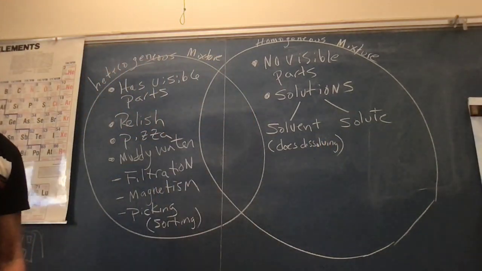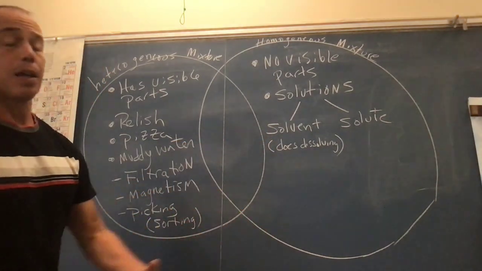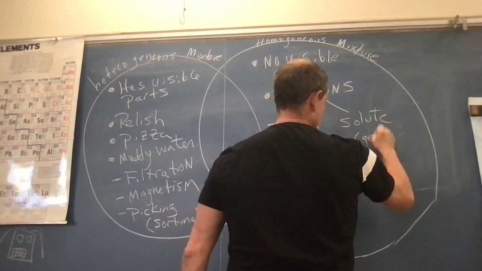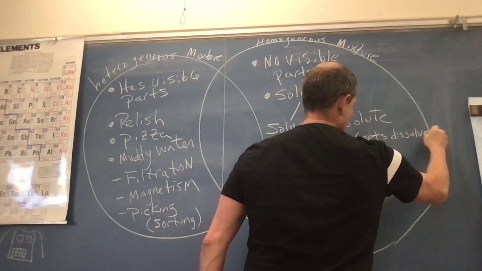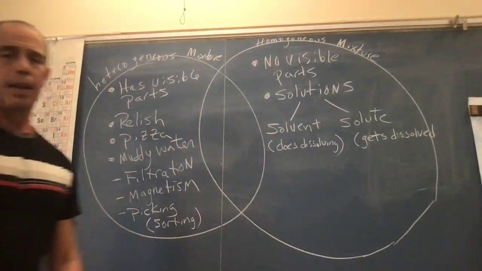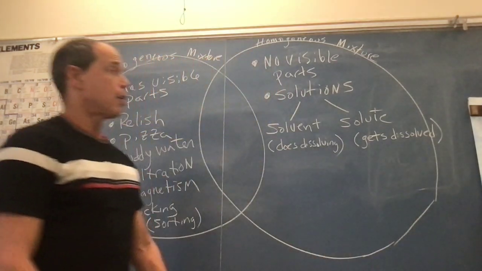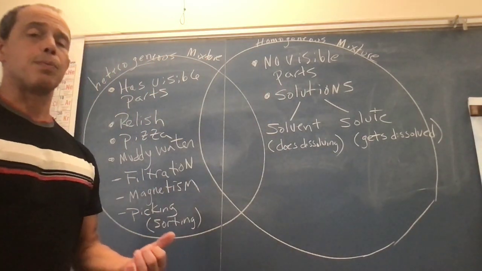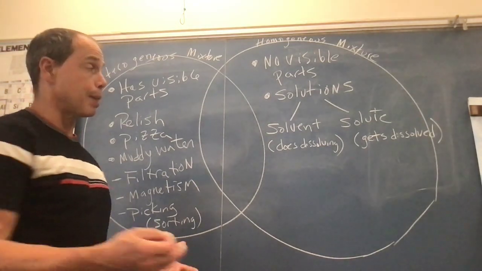So when you have this solvent, it's responsible for dissolving the solute. So this solute gets dissolved. That solute breaks down in the presence of the solvent. So an example of a homogeneous mixture, which is also a solution, a liquid example,